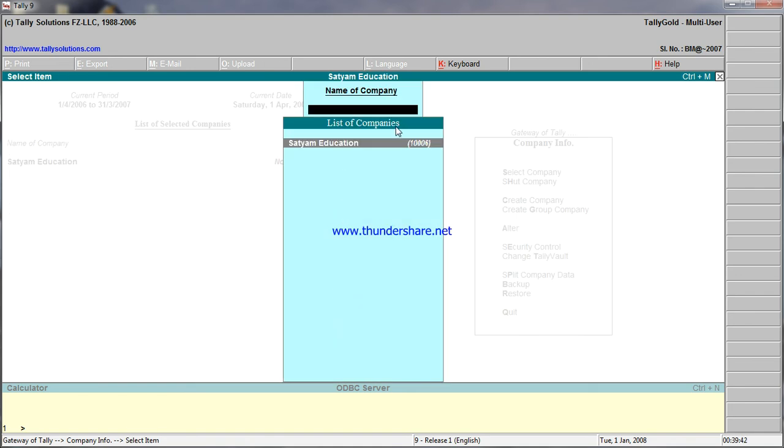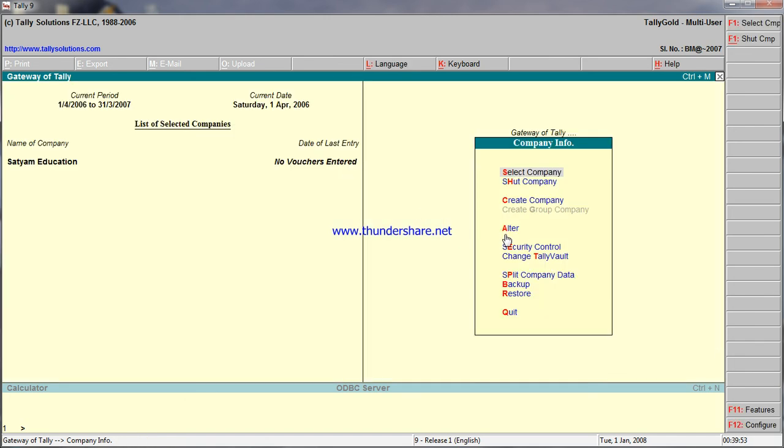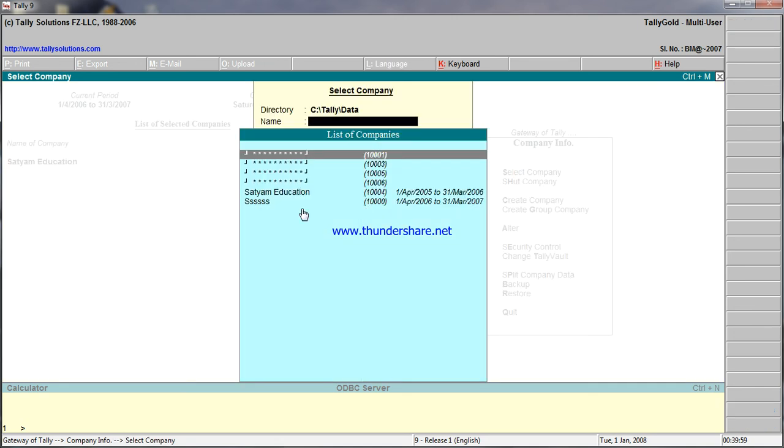See, now the list of companies displays Satyam Education only. SSDS is left out, completely removed from the Tally package. So like this, you can delete a company, that is, SSDS is deleted. See, in the list of companies, if you click on the select company option, SSDS is not present.